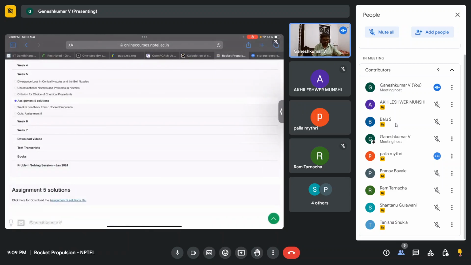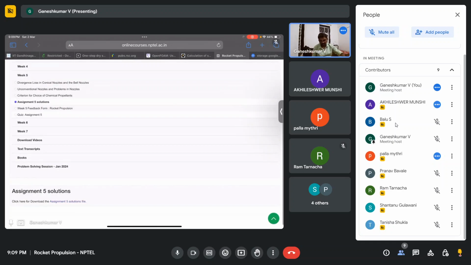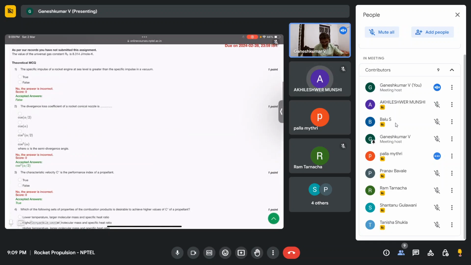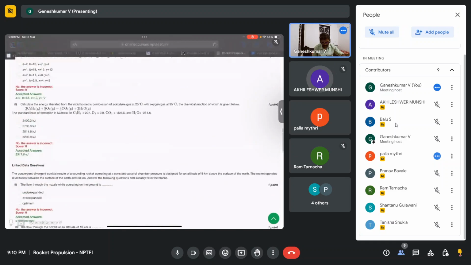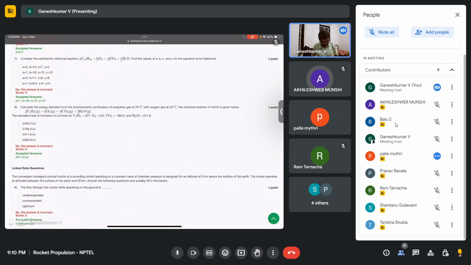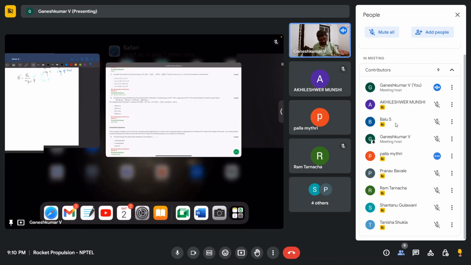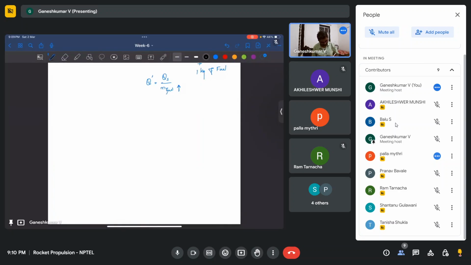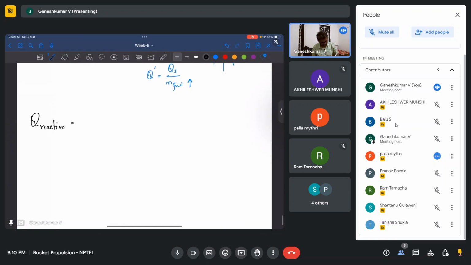Were you able to get what Akhileshwar was telling? I'm trying once again. So look at this. The enthalpy of reaction is nothing but, so this 227 has not been added in the solution file, but ideally you should add it. Understand? So it is something like this. The Q of reaction, or energy liberated, is nothing but 2 times this 227